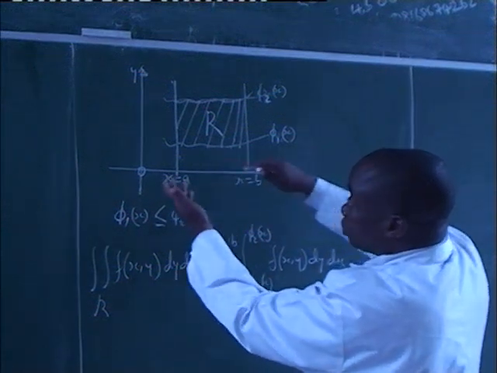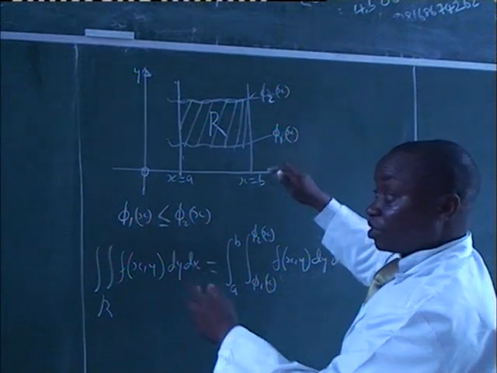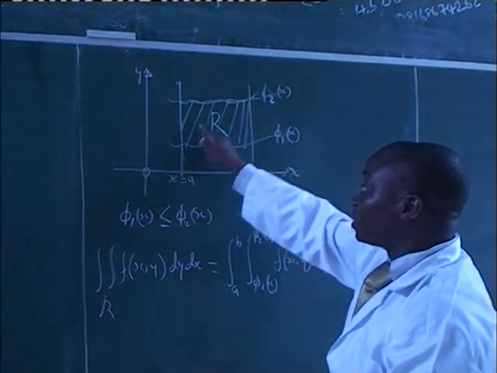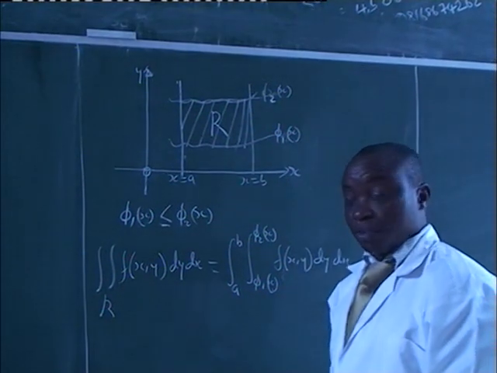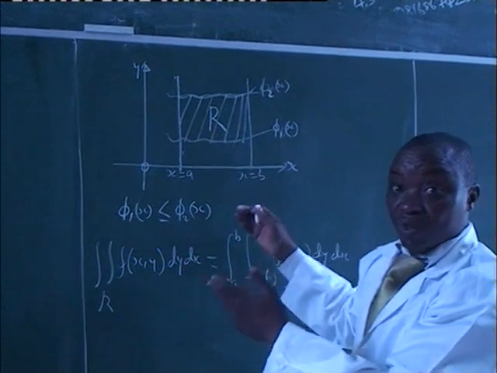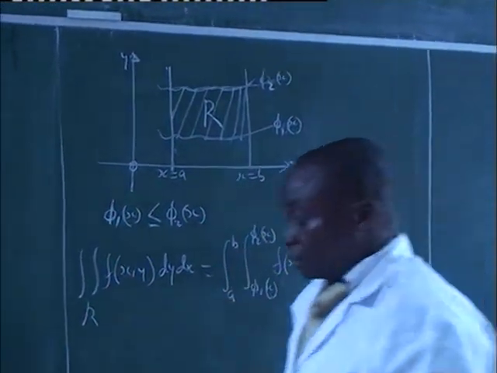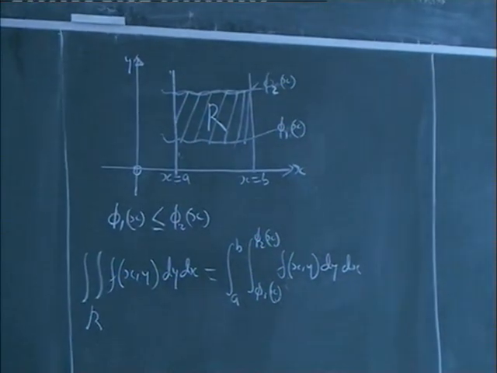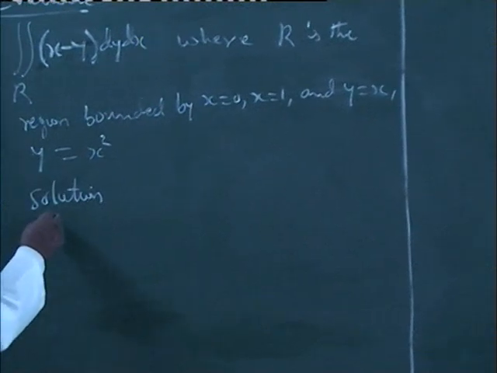And then we have a function. The function is y equals x. Of course, y equals x is a straight line like this, which we know is the identity function. And then another one is y equals x squared. So this is the region we want to consider. Okay, so we will take the solution, and then we have